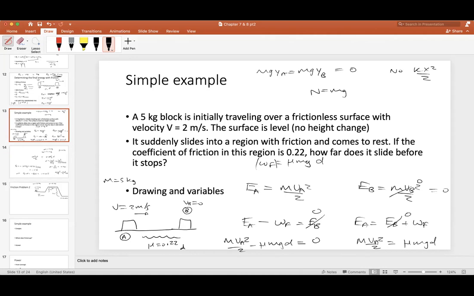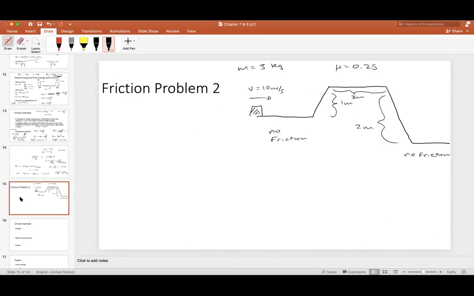Things are gonna get a little bit more difficult in the next example. And this is something called a roller coaster problem, because roller coasters at theme parks go up and they go down and they do loops. We're gonna see a real roller coaster problem at the very end. But for this one,